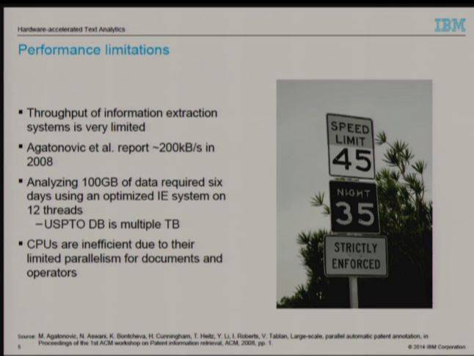In other words, it took them 6 days to analyze 100 gig of data and patent data from the USPTO database. Now, that database is multiple terabytes large, and it's growing every year. So you need to do that at a faster rate. And there's certainly other applications that even want to search more and larger data, and data that is growing even faster than that. So CPUs seem to be inefficient at executing these queries